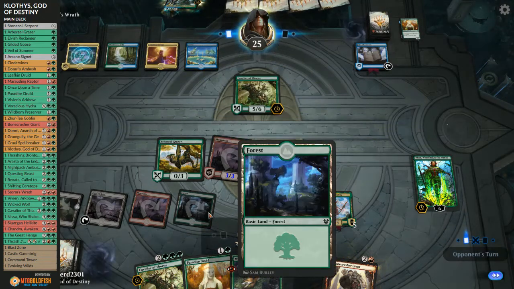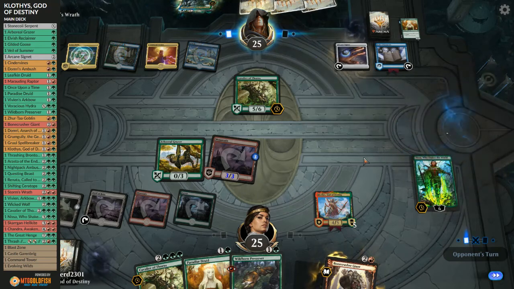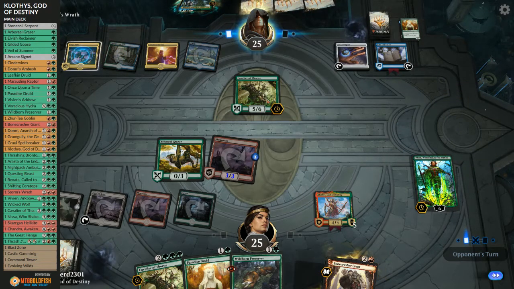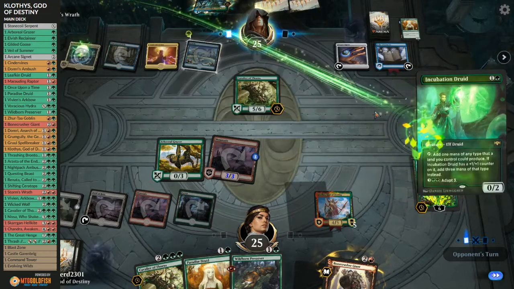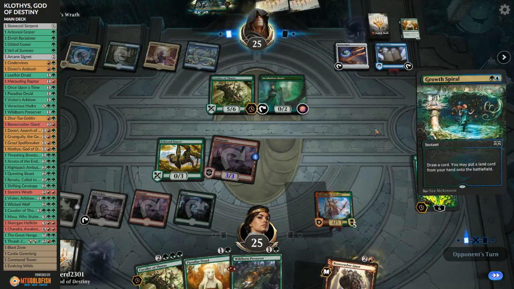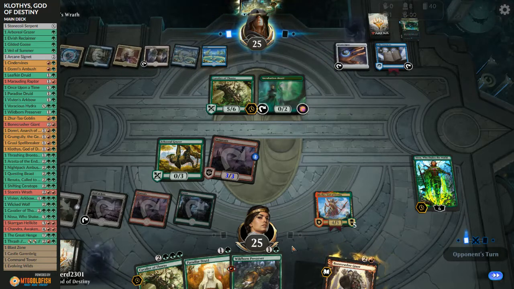So we got 6 mana. Well, maybe potentially 7 actually. Not enough green. We really could use another green source. Opponent's going for the Signet. He does have enough to... Okay, he has enough, but he's going for the Incubation Druid and the Growth Spiral. So he's not... Actually,